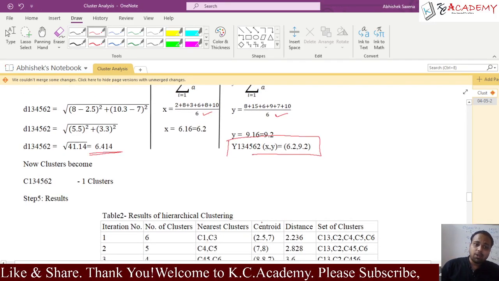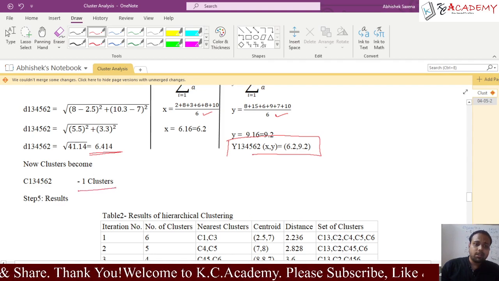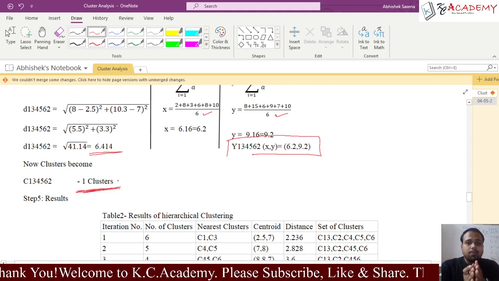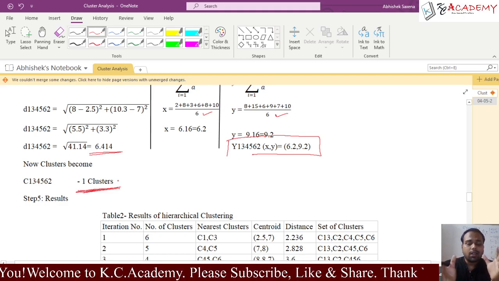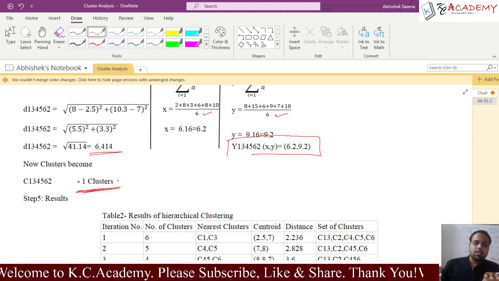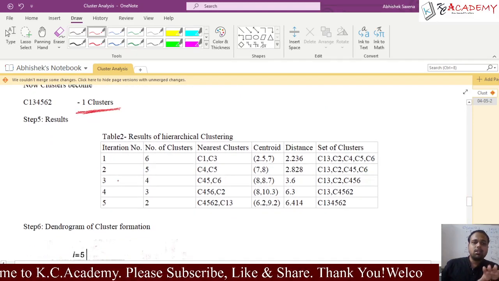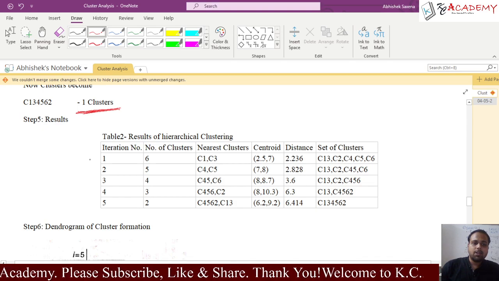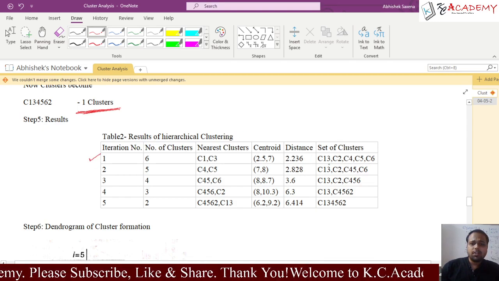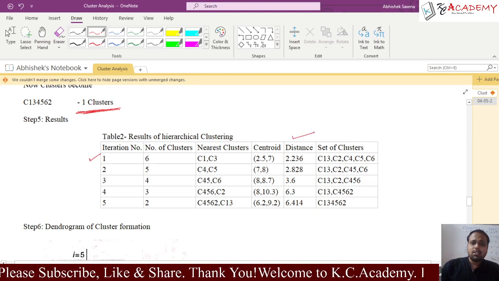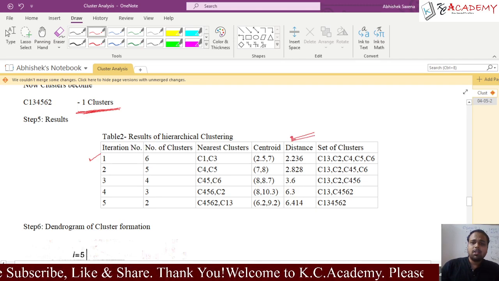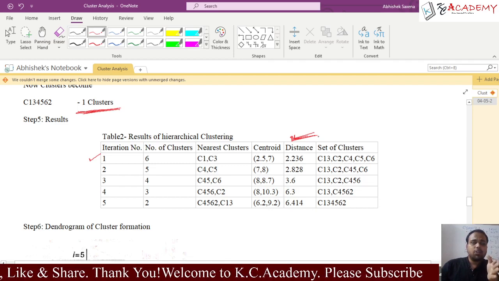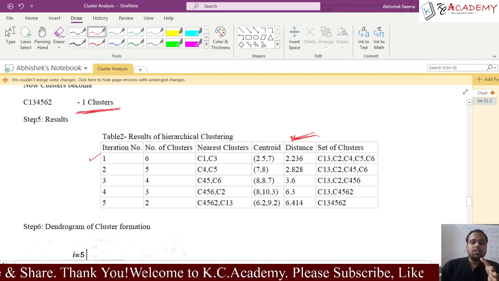In this iteration 5 we got one cluster. What was our prime target? See, in this agglomerative hierarchical method you have to cluster all the data. We'll see the final result now. We understood all the iterations; we did 5 iterations, and then we got different things. Important here is distance. In this method we use this distance as our criteria. In this technique the distance between these points is what is important.